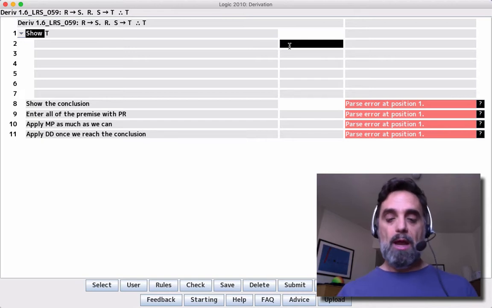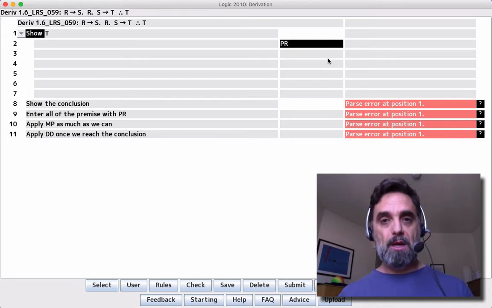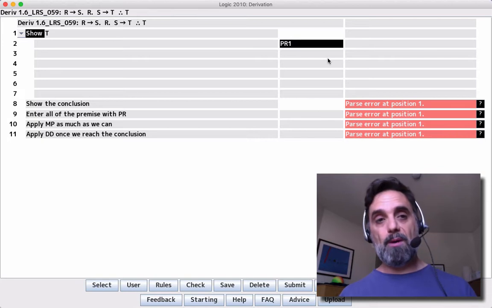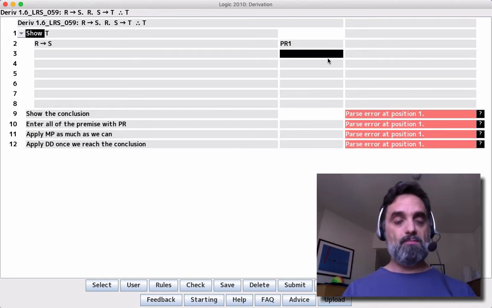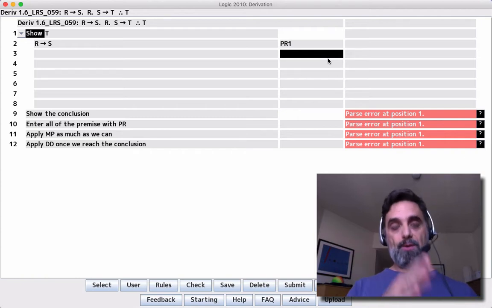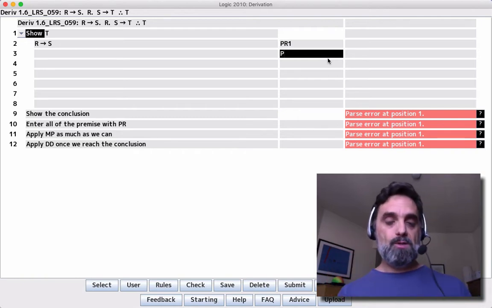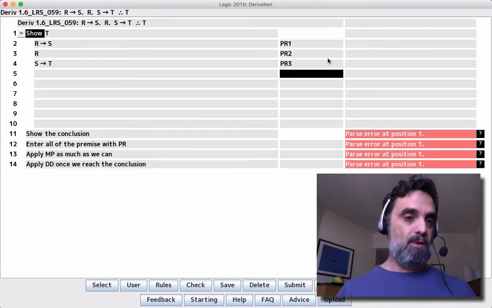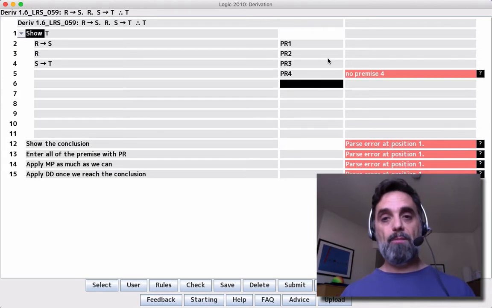with PR. And you can write PR, and then if you write the number of the premise immediately after the R with no space, then it will enter in the first premise for you. So PR1 is going to put in premise 1. That's the first premise. Remember, the premises are the sentences before the 3 dots and that are separated by the periods. So we'll write, now we'll try PR2, and PR2 is R. Now we'll try PR3. The third premise is if S then T, we'll try PR4, and aha, we see there